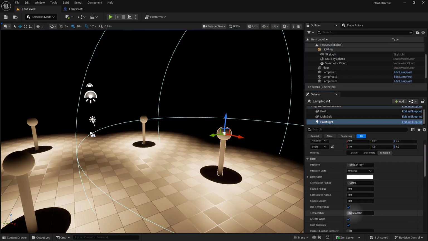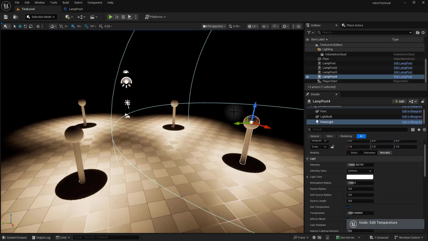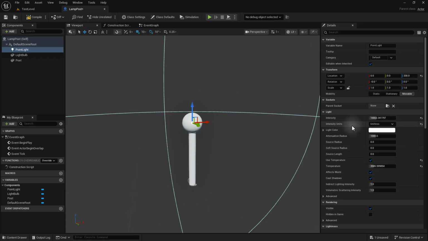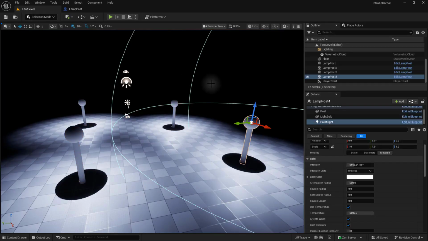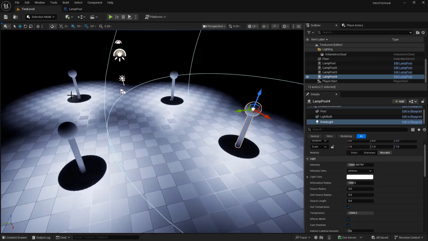So I might want to increase the temperature to a much cooler color, and then I could do that for all of them. But if we have hundreds of these lampposts, that is going to be a very tiresome process. So instead, what we can do is simply modify the actual blueprint. If I go back to my lamppost blueprint and change the light temperature to be very cold here, save that, go back to the test level,